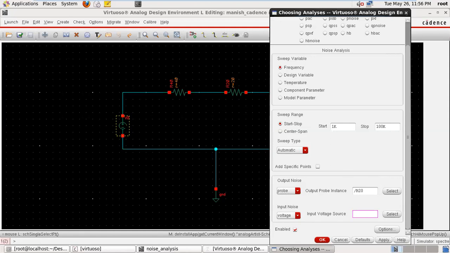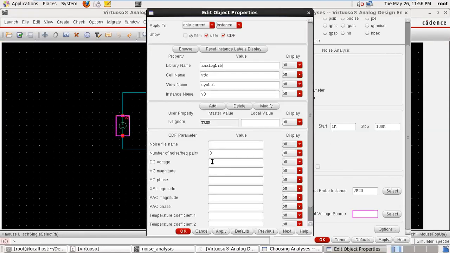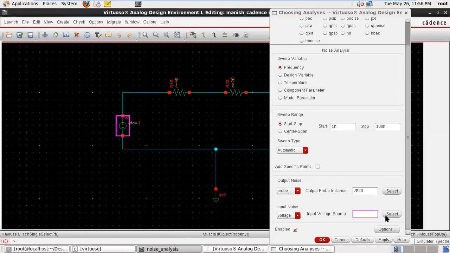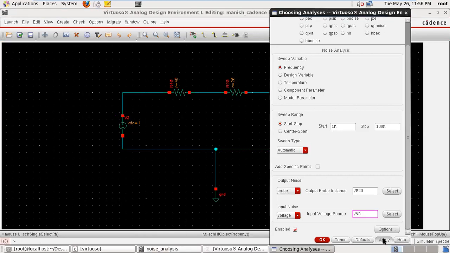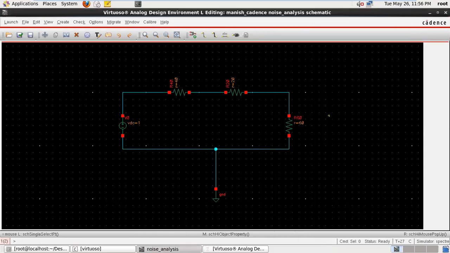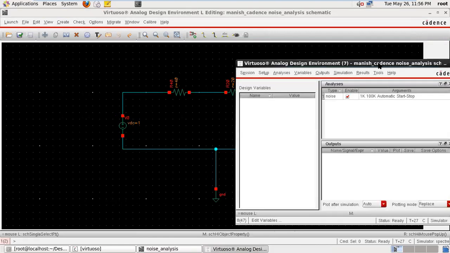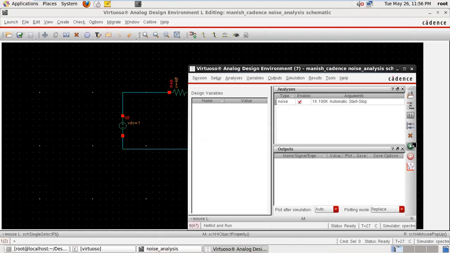Okay, value Q. So just apply the value of 1 volt, apply, OK, select and voltage. So this is V0, apply, OK. Clear transfer functions. Check and save. So that is the second case. Run the simulation again.